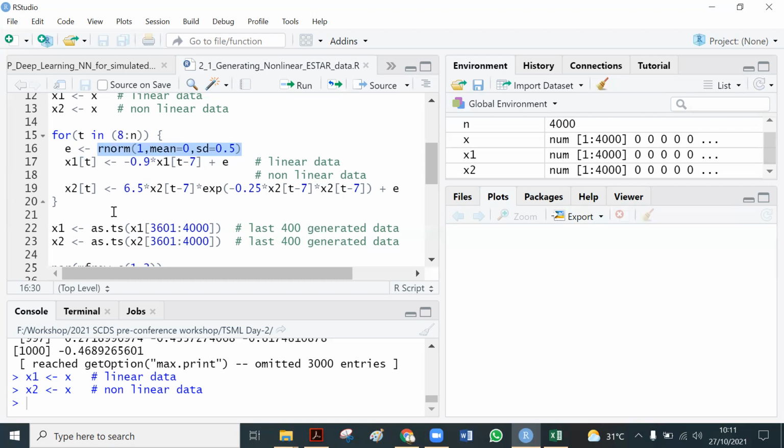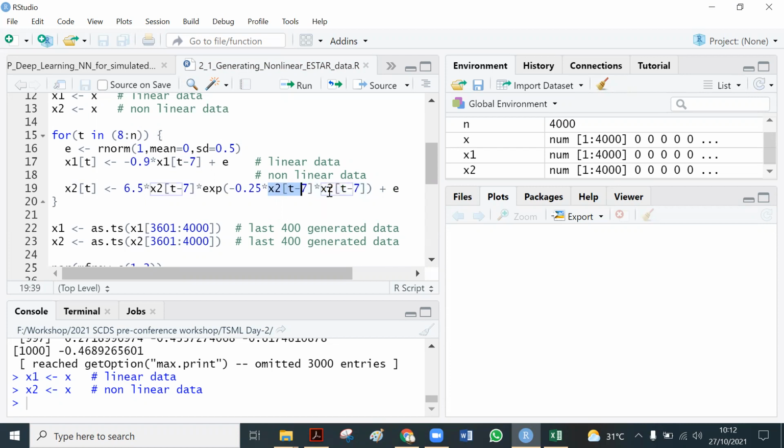And then this is the A star 7 model: 6.5 times x t minus 7 multiplied by the exponential of minus a quarter times x t minus 7 squared.